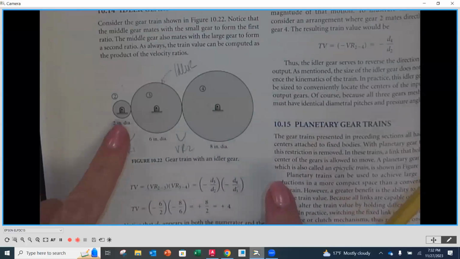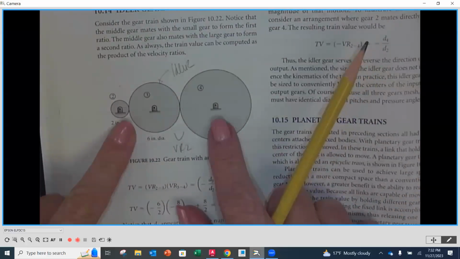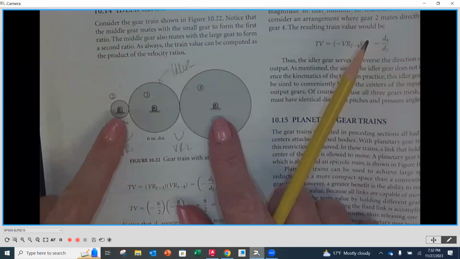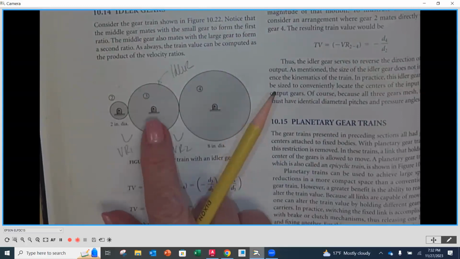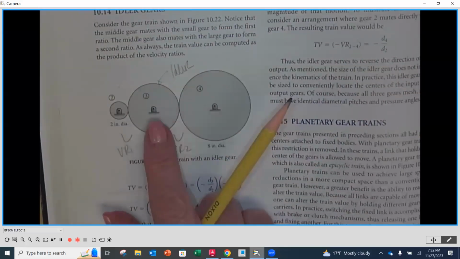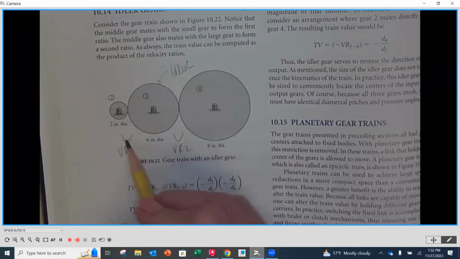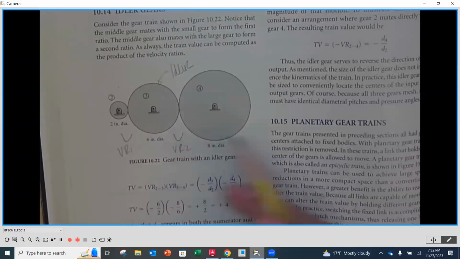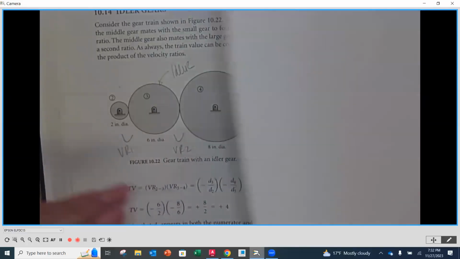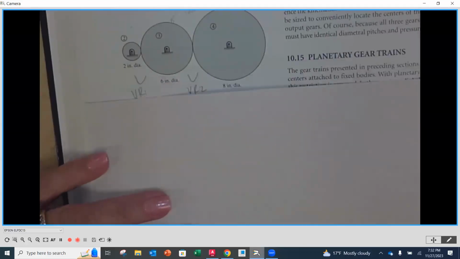So here we've got gear 2 and gear number 4. As we look, we have a third gear in between here, so this is considered an idler gear. If we look at the velocity ratio between 2 and 3, and then the velocity ratio between 3 and 4, what we're going to find out is that if we look at it train value wise,